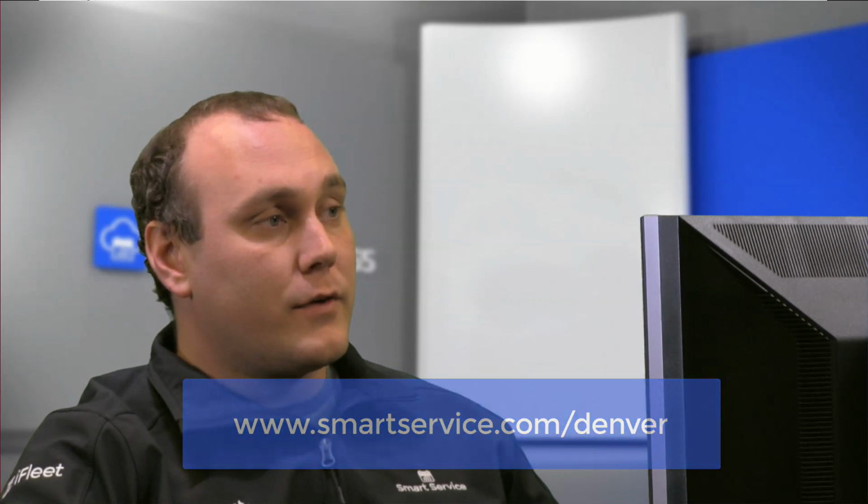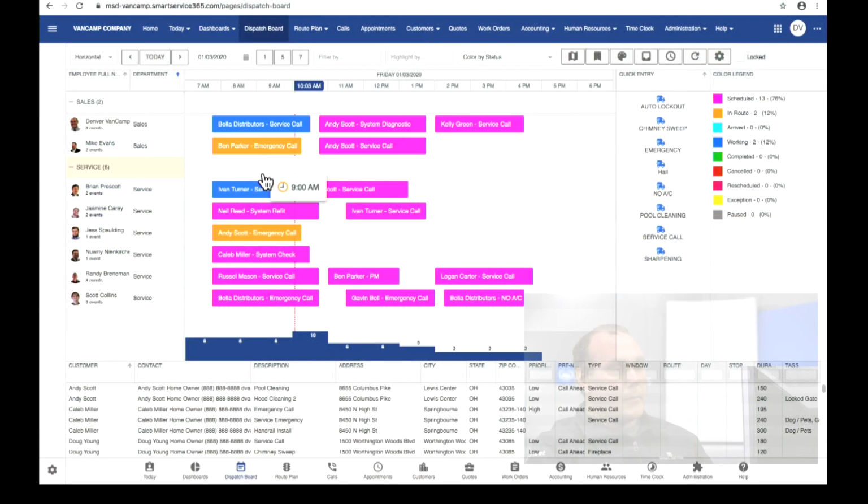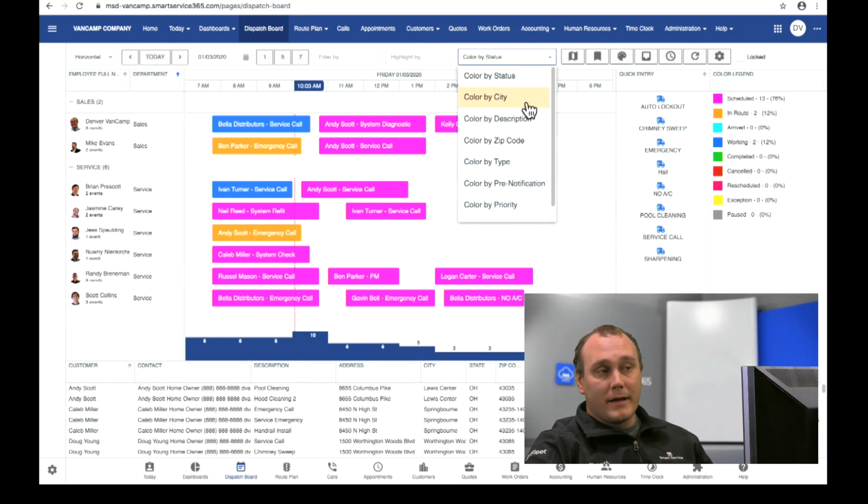Now let's start back over here on the dispatch board. I'm sure you can see my appointment blocks, and I want to touch on that a little bit. I'm sure you notice there are differences in color, and right now I have them colored by status. We have a lot of options as far as block coloring here. You can go by city, description, zip code, so whatever you're more comfortable with, the system will color code based